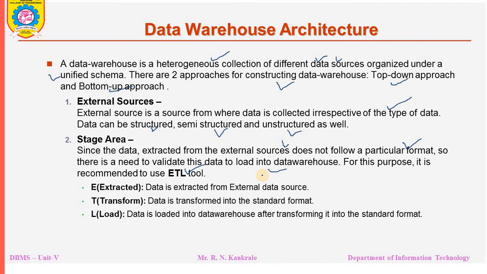We have seen the load manager component of the data warehouse. This load manager component consists of three tools: extraction, transformation, and loading. Data is extracted from the external data source, transformed into a suitable standard format, and loaded into the data warehouse. As one example, if a date is not in a suitable format, it needs to be converted. Someone may have given the date as year, month, and date, but the required format is date, month, and year. Such is an example of data being transformed into the standard format.